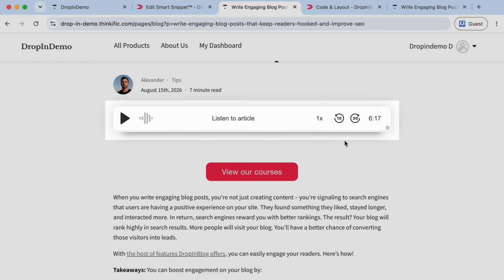To customize the appearance of your blog, open the Code and Layout page. Under Design Customizations, you'll find options for adjusting things like link colors, font sizes, and call to action button colors. Your changes will appear instantly in the live preview. And if you're comfortable working with CSS, you can customize your blog even further by adding your own styles in the Custom CSS section under Advanced Options.